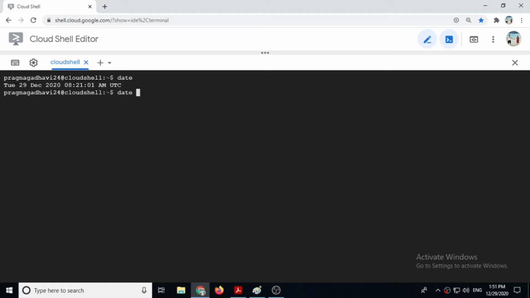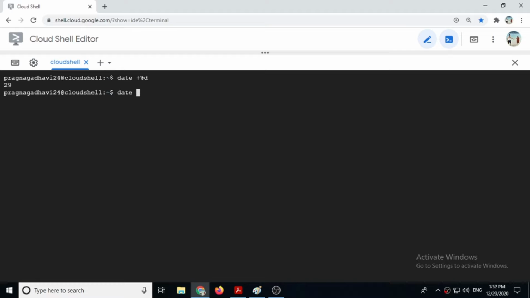That is compulsory. And the command name is also case sensitive. You cannot write it in capital. If you write DATE with D in capital, then it will display the message command not found. This command is not available. So you have to give it in small letters. Date space plus %d. If you give small d, then it will show you just the date, 29.